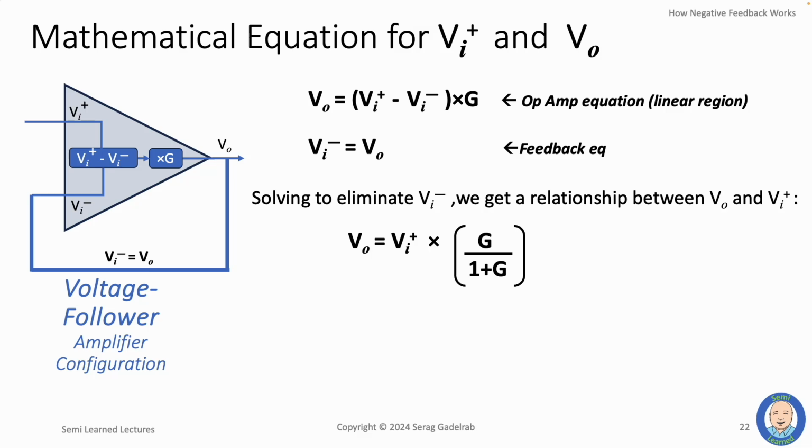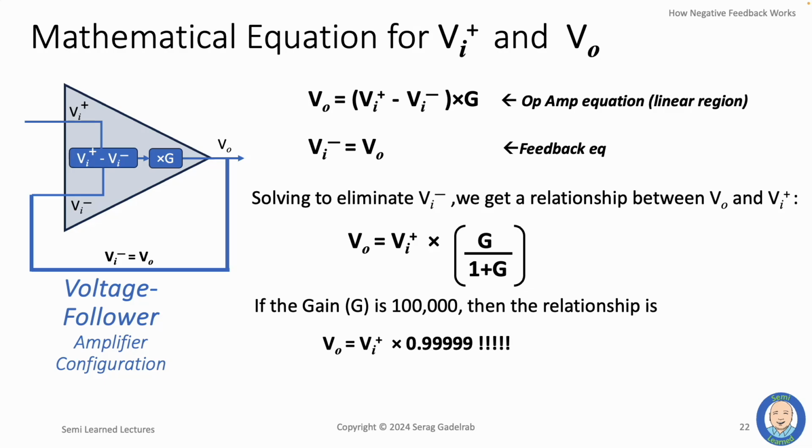This equation tells us that as long as the gain factor is positive, which it always is in op-amps, the output voltage will always be just a tiny fraction lower than the input voltage. Now we can validate this by plugging in a typical gain of 100,000 into the equation to see how close the output voltage is to the input voltage. And to me, the value looks very close to 1. This confirms our thought experiment result that the output voltage will be very close to the value of the input voltage. And because of the negative feedback equation, the voltage on the negative input terminal will also be very close